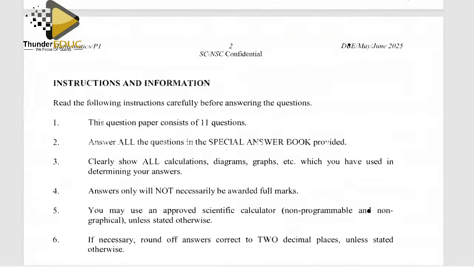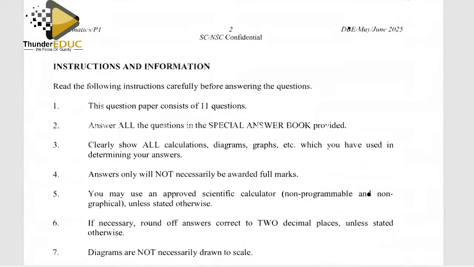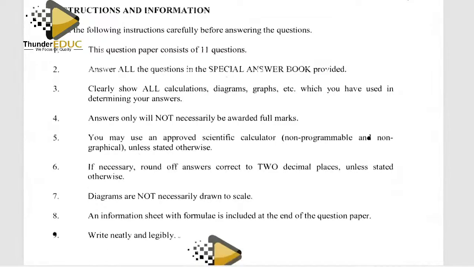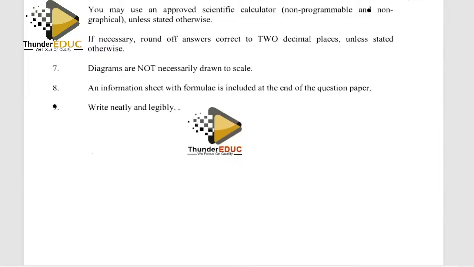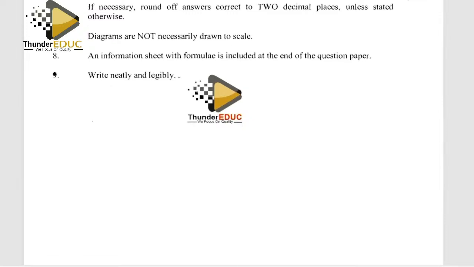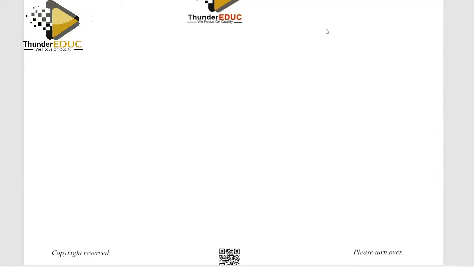So this paper had 11 questions. Okay, and then we have some special answer book that was provided for the first time. You need to clearly show the calculations, diagrams, in determining the answers, because answers only will not be given full marks. Diagrams not necessarily drawn to scale, and all of that. Okay. So what we see with the 11 questions, we're gonna